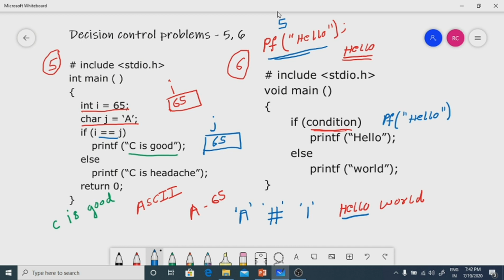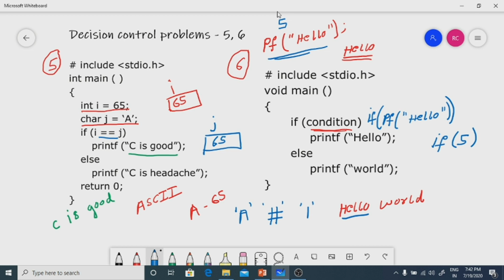So it becomes if 5. 5 is a non-zero value, so it is considered true, and again hello will be printed.